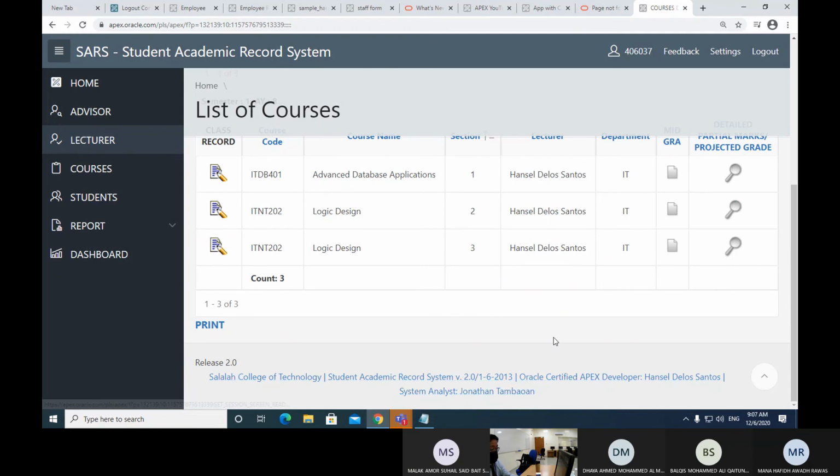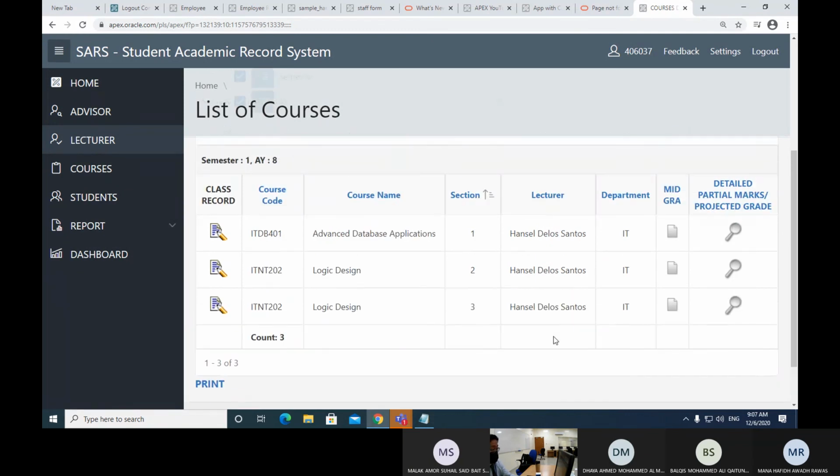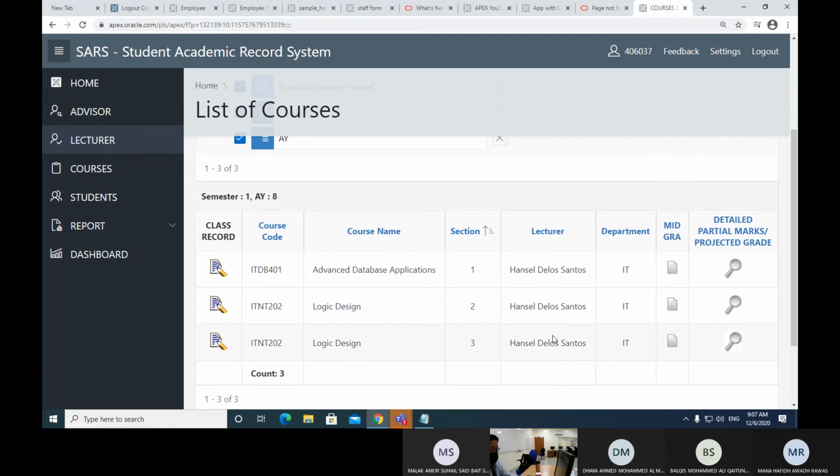It was 2013, and until now, mashallah, most of the teachers are still using this system just to encode all the assessments and print out the course result analysis and acquire the signature from our respective